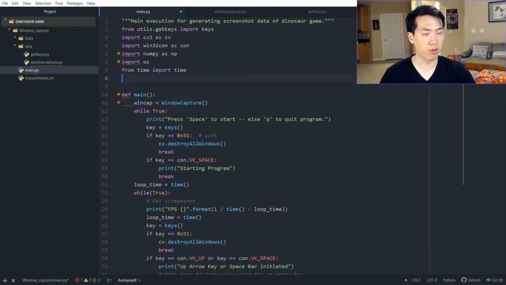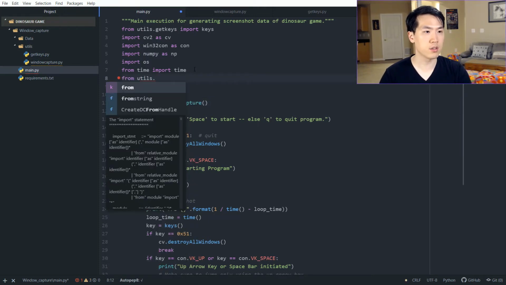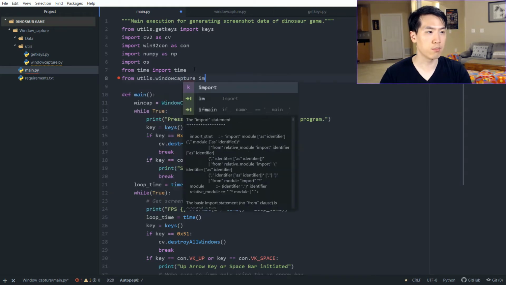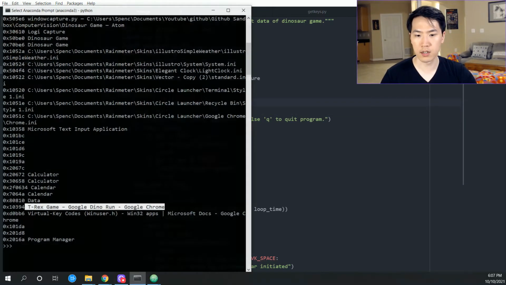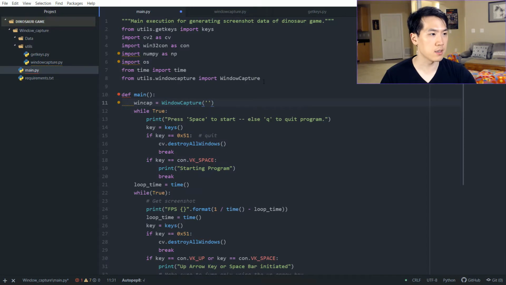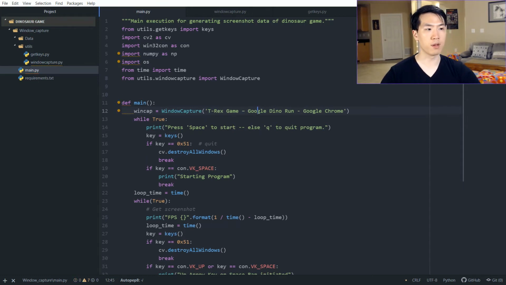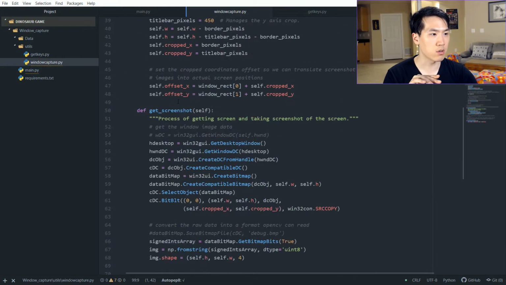So it'll be from utils.window_capture import WindowCapture. So we want to import this and the name of the string. Let's pull that up. And the name of the string is that. So put that right here. That is the window name. So we're going to be locating that window icon, and then we're going to be running the necessary values. And then once we have the values, we just want to make sure that we are actually using this function here,